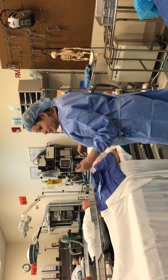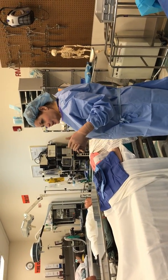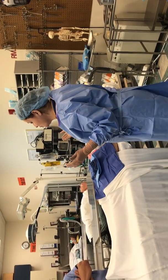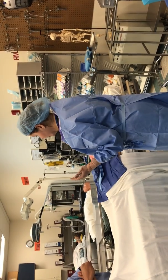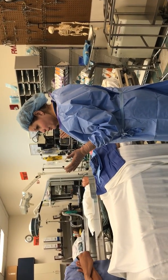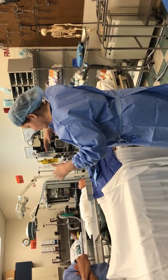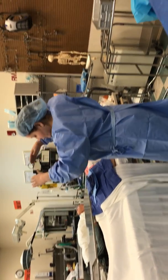So I don't like being on those steps because I don't feel secure. I feel like I'm going to fall. But at times I have to, because my surgeons are not tall, but when we have big patients and the table goes up, everything's up here. So everybody